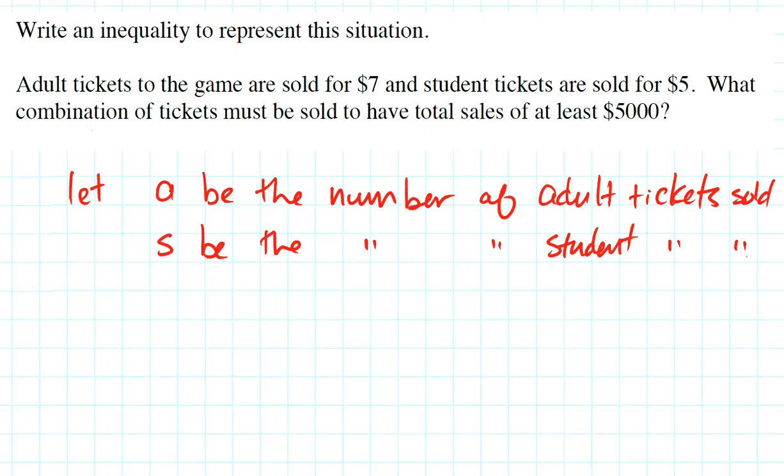So with those two variables established, we're saying, for example, if I take 7 times A, that represents